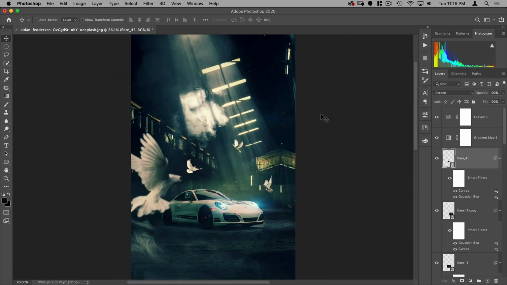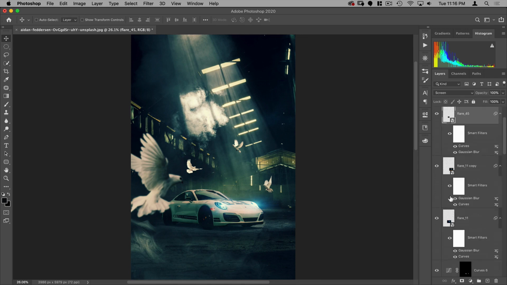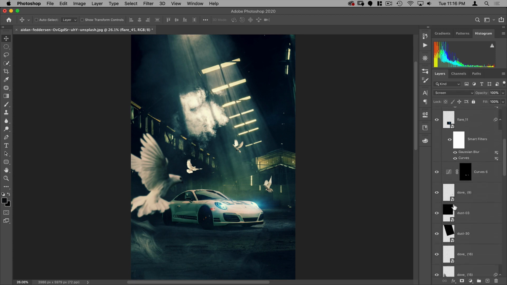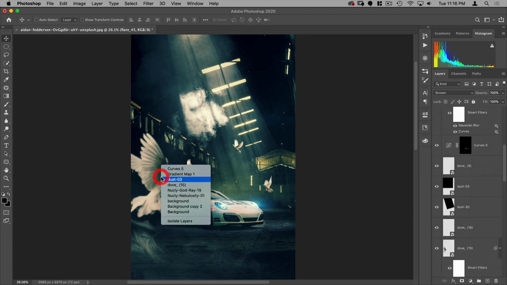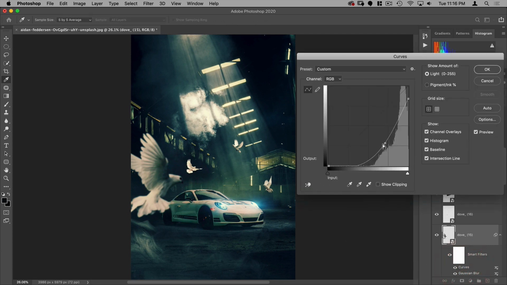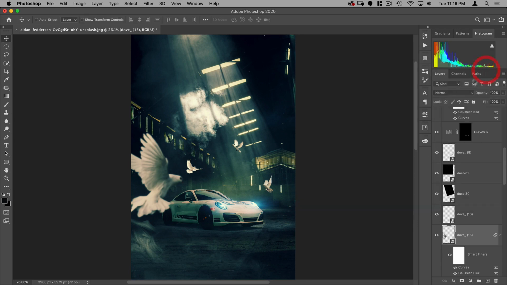All right, and then finally, I want to add a little bit of a sharpness layer on top of everything. Before I do that, the darkness in this bird here is a little too much. So let's go to that bird, which is Dove 15 here, and just adjust this curve a little bit. Just going to bring up the bottom. Just like that. Good.